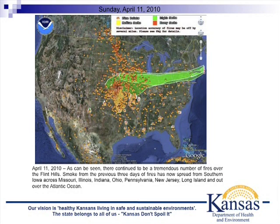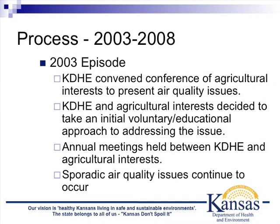You might ask the question of why there's just a narrow band there. We had a frontal system draped across the southern Great Lakes, and the smoke was running up to that cold front and then running along that cold front out towards the east coast. So you can see the extent of the smoke plume from the fires in the Flint Hills and how far downwind those extend. So, getting into the process of developing a smoke management plan, back